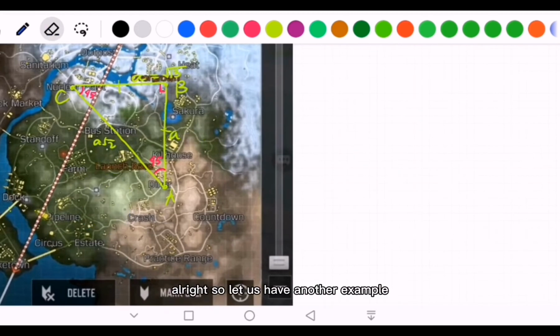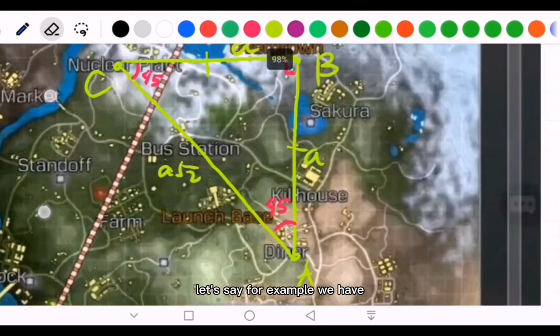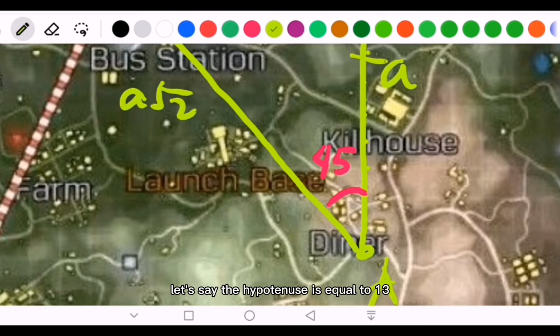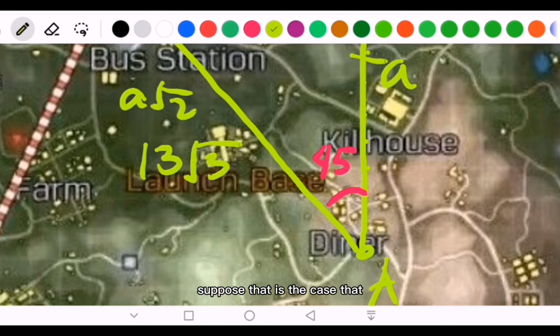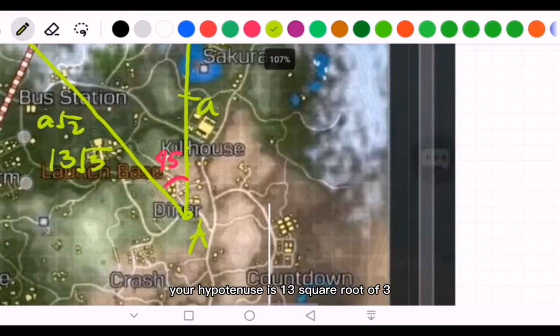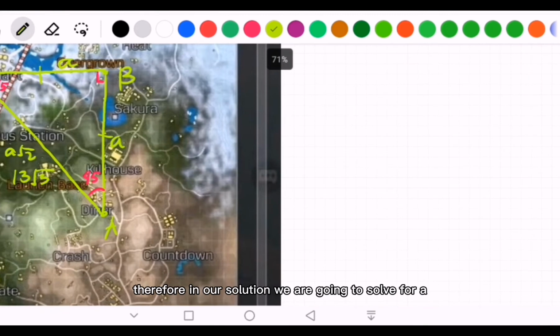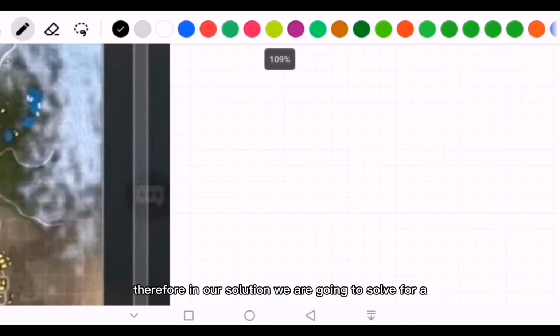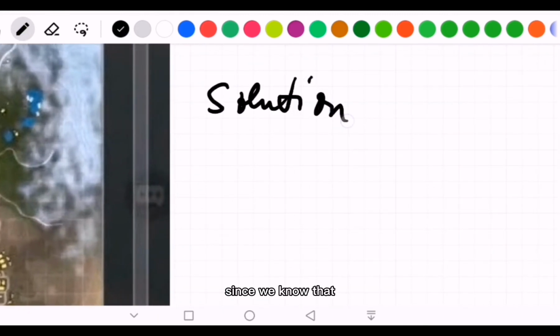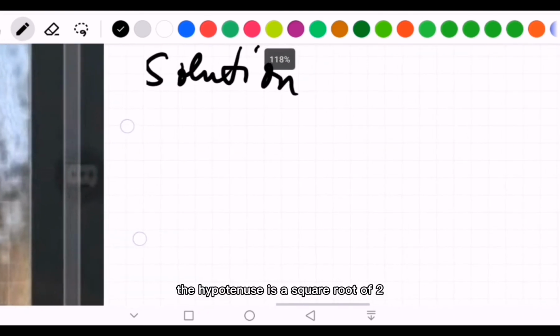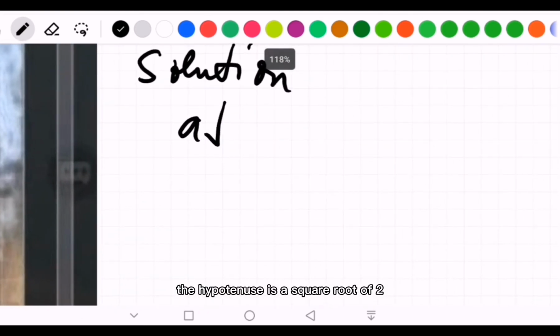Okay, so let us have another example. Let's say the hypotenuse is equal to 13 together with an irrational number which is square root of 3. Suppose that is the case, that your hypotenuse is 13 square root of 3. Therefore, in our solution, if we are going to solve for a, since we know that the hypotenuse is a square root of 2,